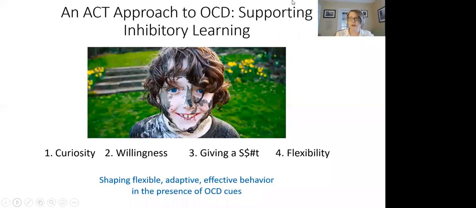And so the way that we think about this, as myself and my colleague Ben Sedley have written about in our book for adolescents, is to really think about shaping these 4 pieces. One is curiosity about one's experience, right? What will happen if I engage in this exposure, if I try this new thing? If we're using the DNAV model, which we learned a little earlier, what happens if I venture out of my comfort zone into my discovery zone? Willingness, right? That incorporates acceptance of whatever thoughts and feelings are showing up in the moment, willingness to allow, okay?